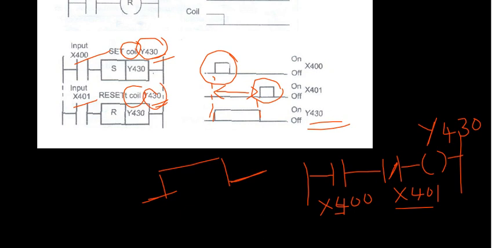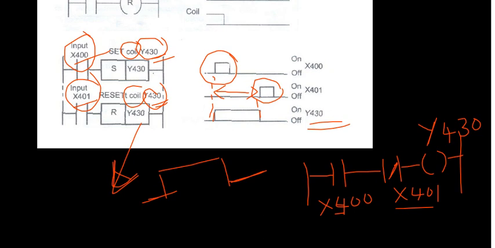They are capable of being switched on or switched off based on some operation. That operation is here input X400 and input X401, and why they are being turned on and turned off is decided by some other part which is there in your subsequent rungs in the ladder diagram. When we take up a particular example, you should be able to get convinced with this. Okay, so this is about the set and reset coil.